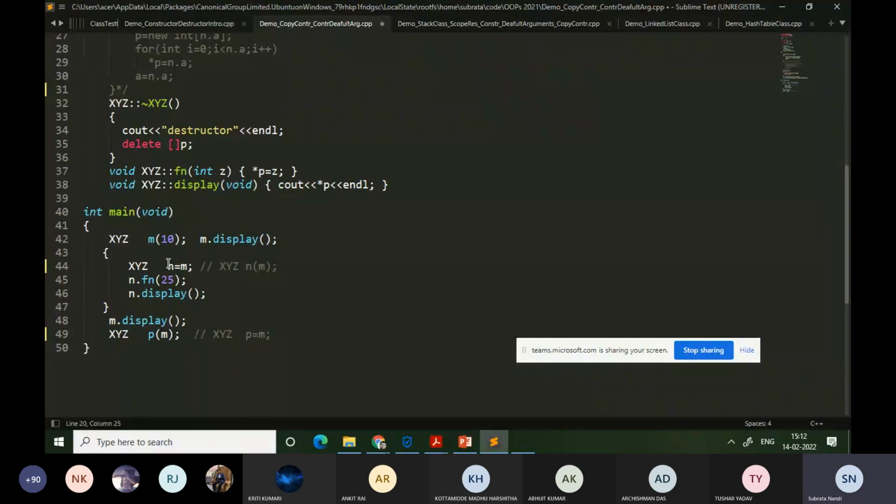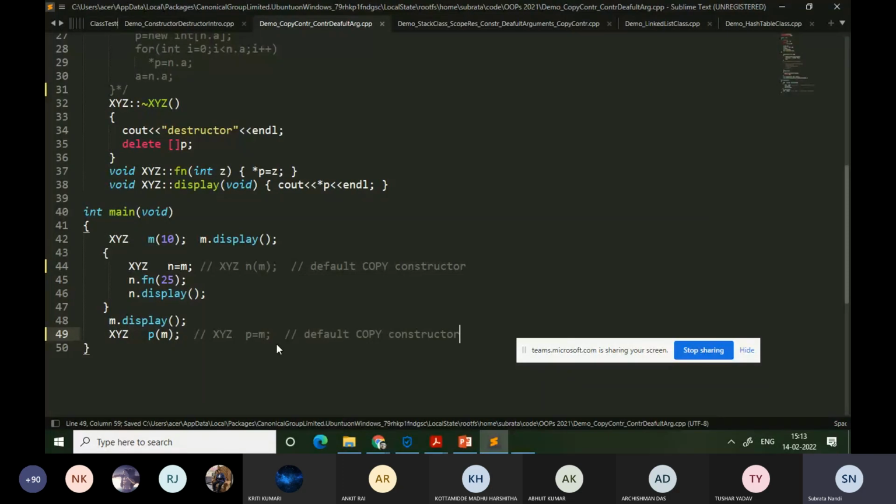But we have not written, at least now, any constructor for how to create an object from another object. So in this case, it will invoke the default copy constructor. In this case also it will invoke the default copy constructor. Default copy constructor means there are no comments and all this. So the user-defined constructor will be called once, but the destructor will be called thrice. So if we run this code, as we are discussing,